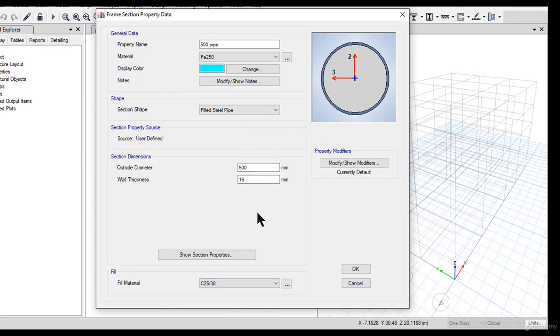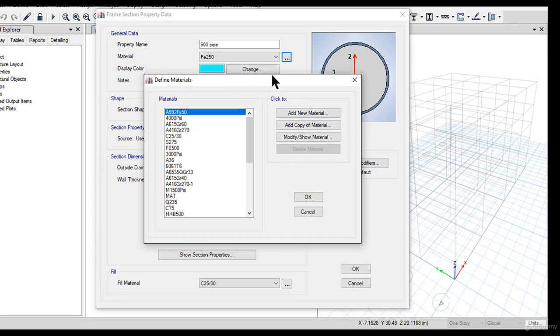Notice that there are these 3 dots here and these 3 dots here. This is an option to add material if you had skipped adding that material in the previous window. That is, if you had not defined a material and while modeling this pipe or while modeling a frame, you immediately recall that you have missed defining a particular material, you can always add a material from this option.